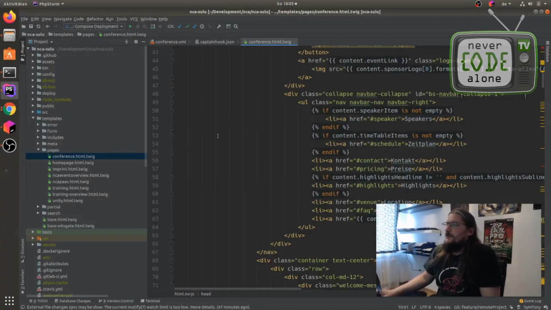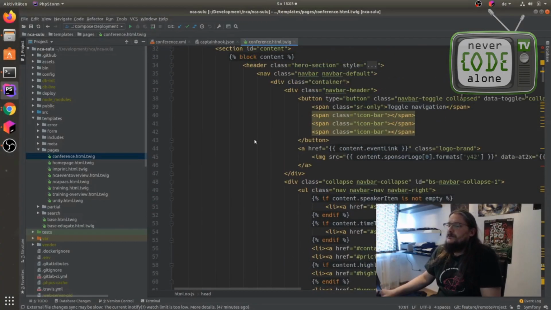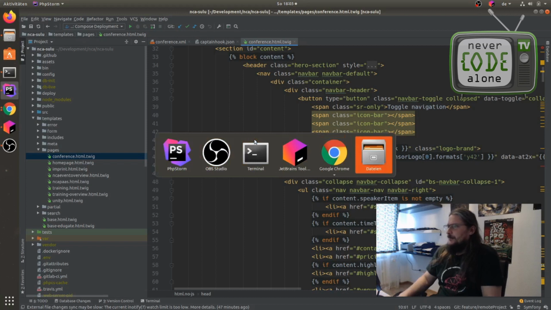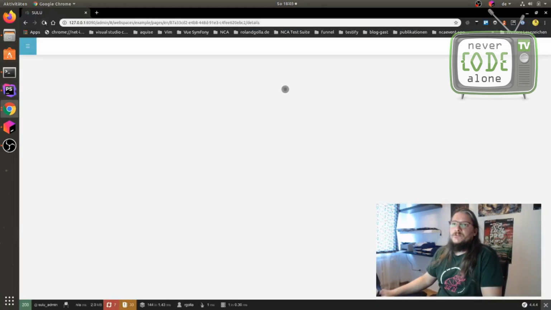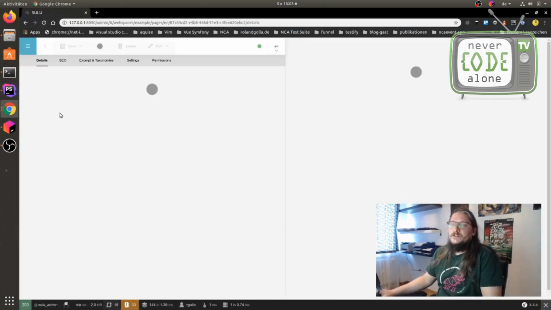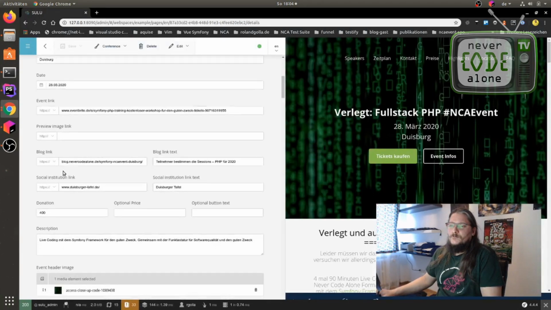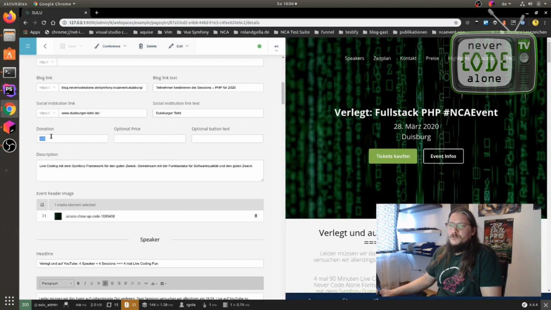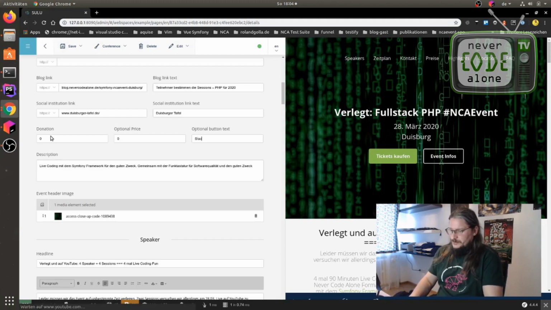So our first step is to add the right things to the backend. We have now 0 donation, 0 optional price, and here is Slack registration.